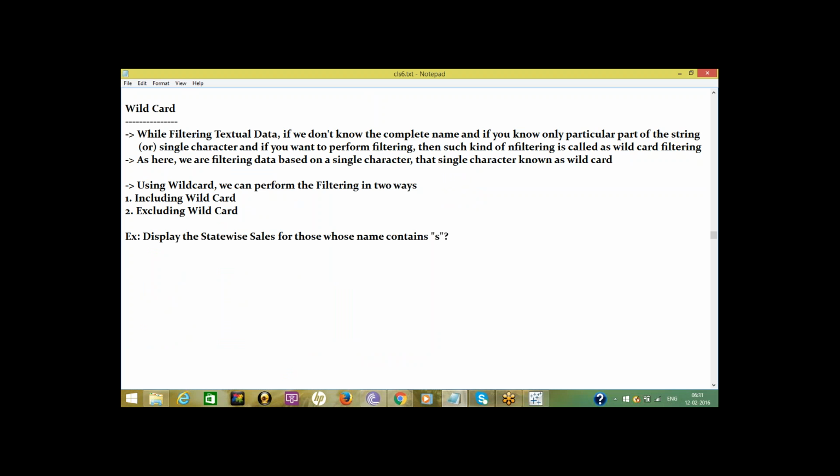One more important point: while performing the filter using wildcard, the filtering is not case sensitive. That may be a small s or capital S here. It is not case sensitive.